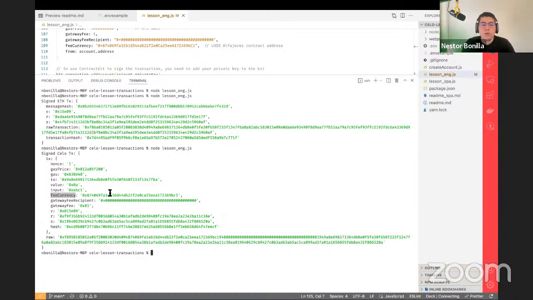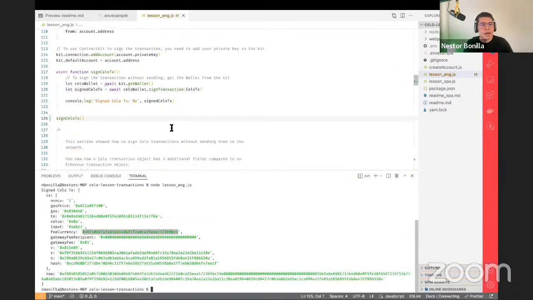In Celo, you can transfer 10 Celo dollars and also pay the transaction fee with that Celo stablecoin. That's important for how we can onboard more people, right? Because in that view, it's not complex at all to say, you have $10, you're going to pay 1 cent or less for the transaction fee, and that's it. This is the fee currency, the address of the smart contract that handles the Celo dollar stablecoin.